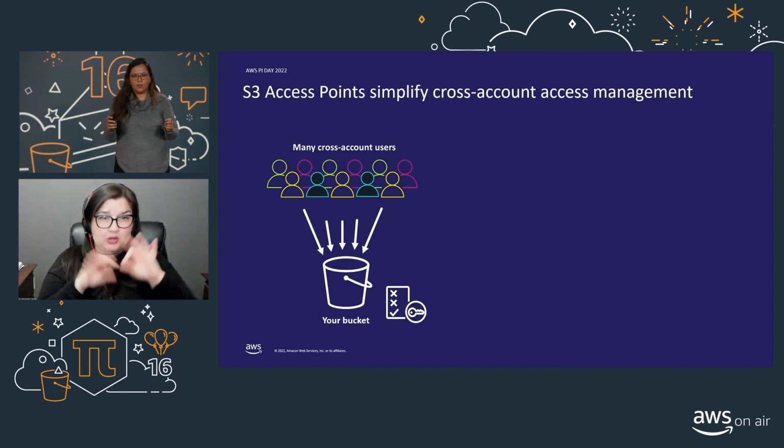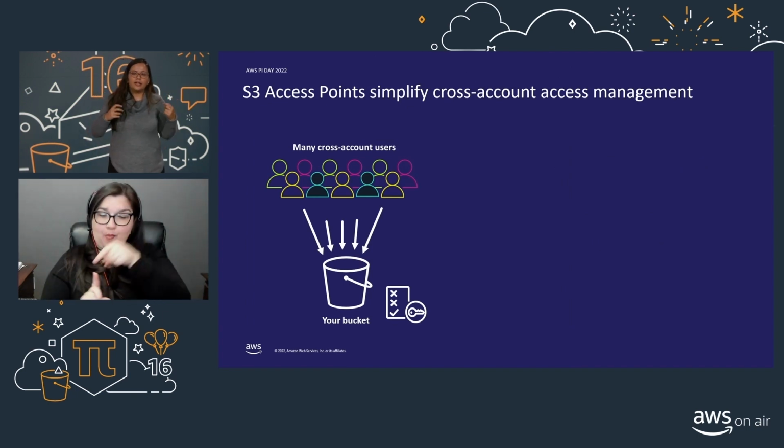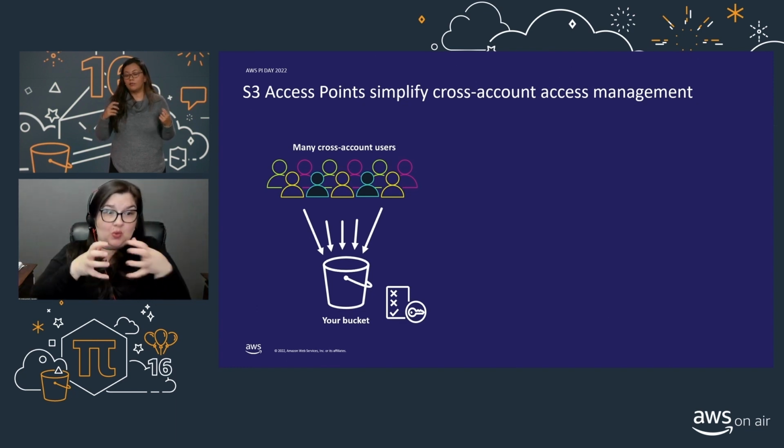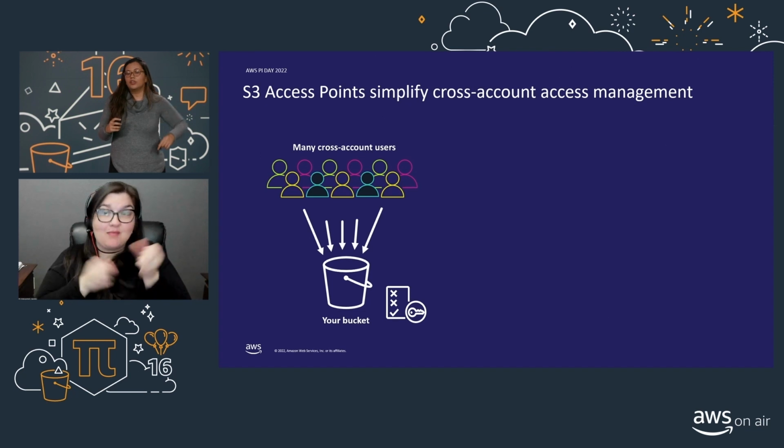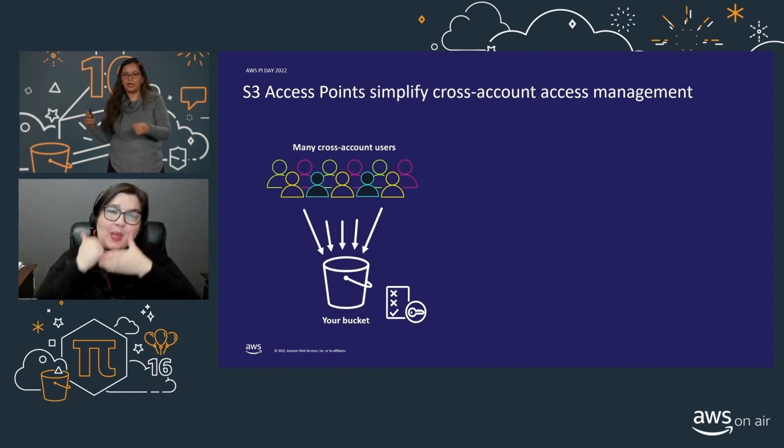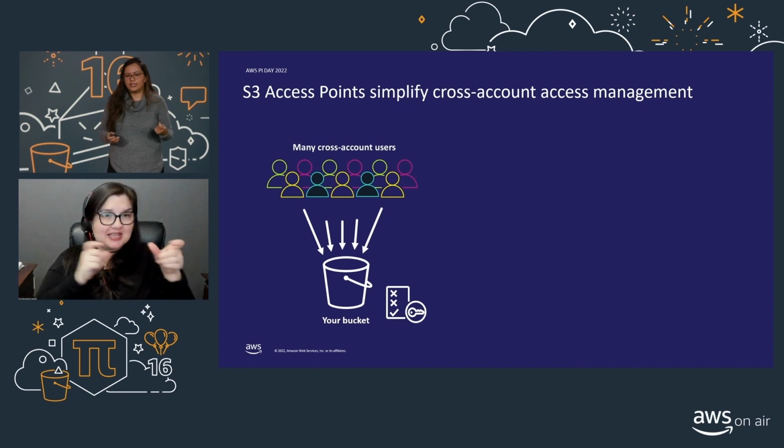Next is access points. As you grow your data sets and add multiple shared data sets to your buckets with multiple client access, your bucket policies get more complex. And Amazon S3 Access Points helps you simplify your access management for buckets that contain shared data sets.